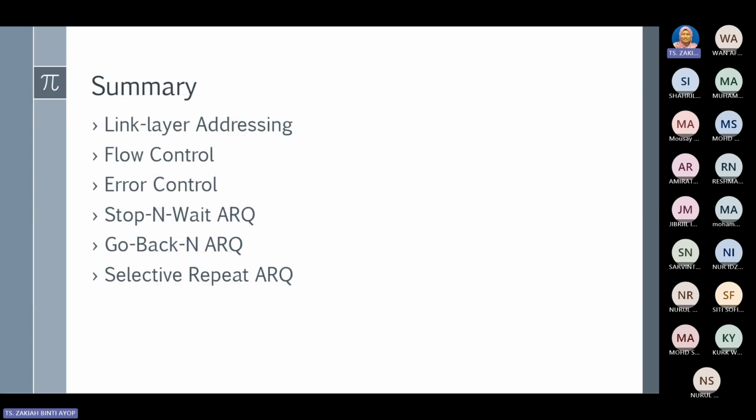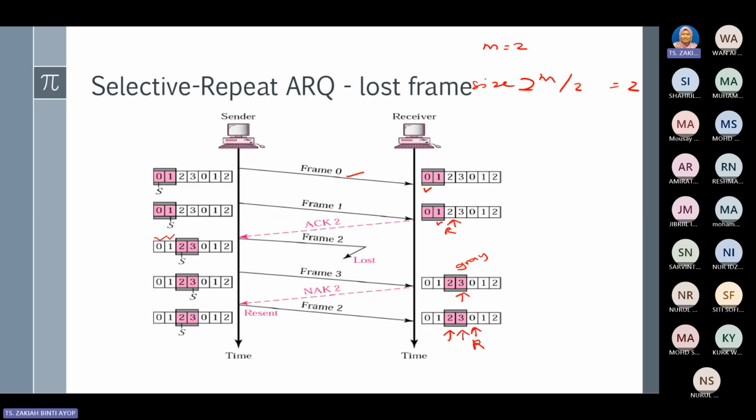So that is selective repeat. It is much better compared to go back end, because the receiver window size in go back end is only 1. If a later frame like frame 3 has been received earlier, it needs to be discarded, which is a waste. That's why they came up with this type of mechanism. So that's it for